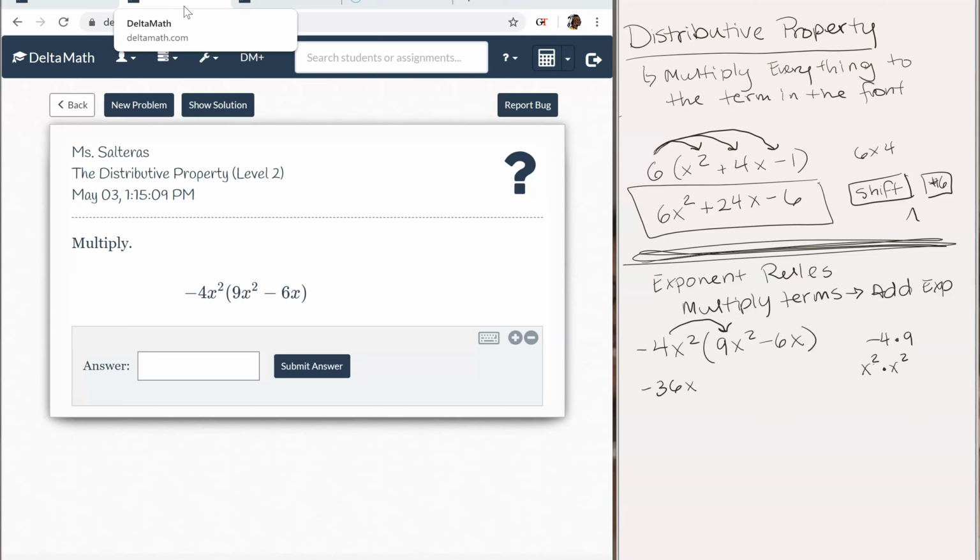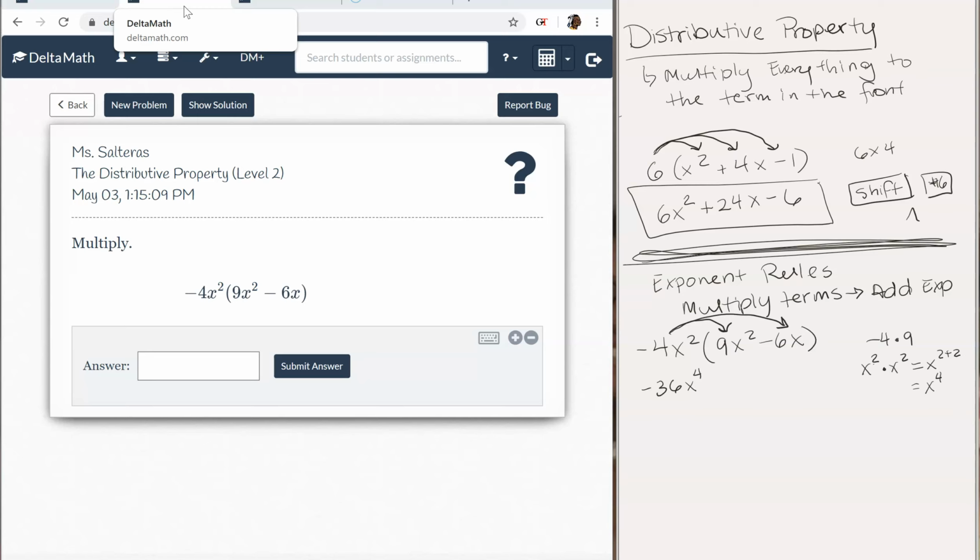When we are multiplying with exponents, the base stays the same, and we're going to add the exponents together. So that gives us x to the 4th power. So this is really going to be -36x to the 4th power. All right, good. So the next one, we're doing negative 4x squared, and we're going to multiply that